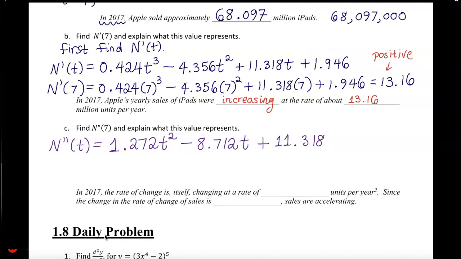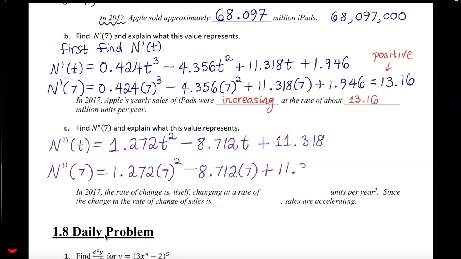We found the second derivative. Let's find n double prime of 7 and explain what that means. So plug in 7 for t. You see, every time we take a derivative, we are losing a term that was a constant on our previous derivative, right? So if this one is a little bit shorter, 1.272